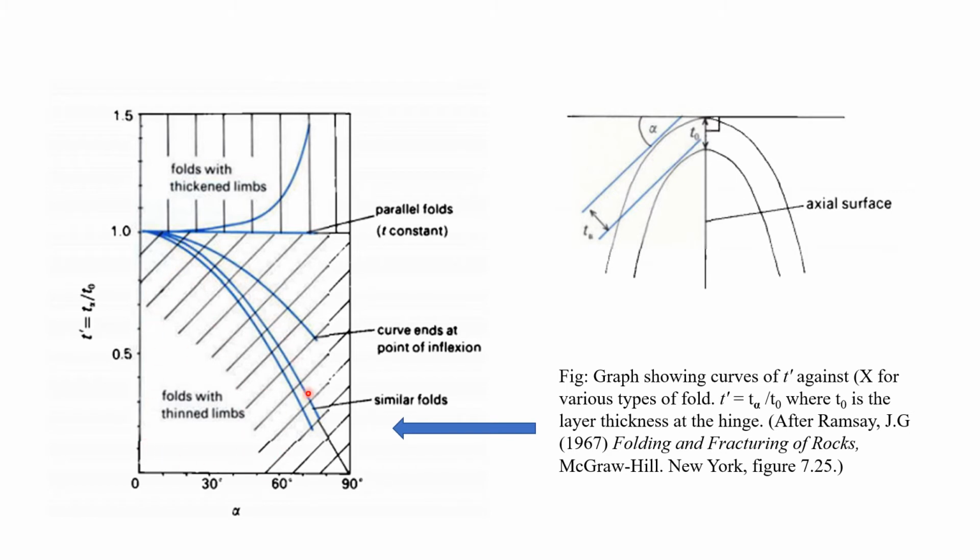And on this particular line, the value of layer thickness changes from hinge to limb in such a systematic manner that if you measure the values of thickness parallel to the axial surface, that remains constant. This type of fold is known as similar fold. In similar fold as well, we have thin limbs and thickened hinges, but it is a special class in which the thickness parallel to the axis remains constant. Now let's see some examples from the field and effective diagrams.